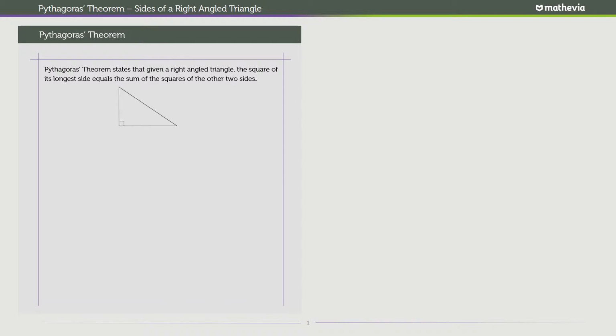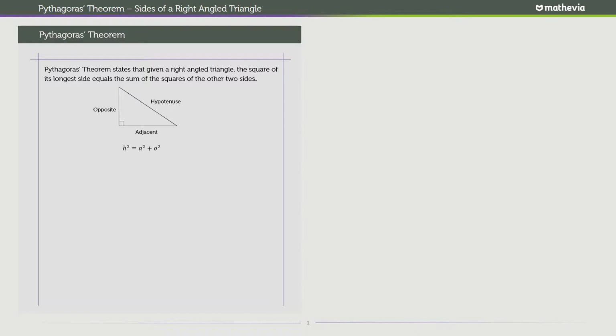Interesting. So basically, according to Pythagoras, if you have a right angle triangle like this, you always have this longest side, and the longest side is always a slant side, and we call this side the hypotenuse. Don't let these big words confuse you. You just need to learn one very simple thing here. So this longest side is called the hypotenuse, and then the horizontal side is the adjacent, and the vertical side is the opposite. So a right angle triangle has three sides: a vertical side called the opposite, a horizontal side called the adjacent, and the slant side called the hypotenuse. And according to Pythagoras,